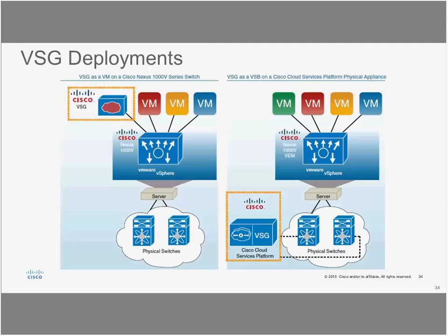We have two firewalls, VSG and ASAV. They have a different purpose. VSG is a layer 2 transparent firewall that is designed to protect the traffic within the tenant, that is within the single VLAN. It is inserted between the virtual machine and the Nexus 1000V, so that any traffic that leaves the virtual machine can be subjected to filtering before it goes anywhere.